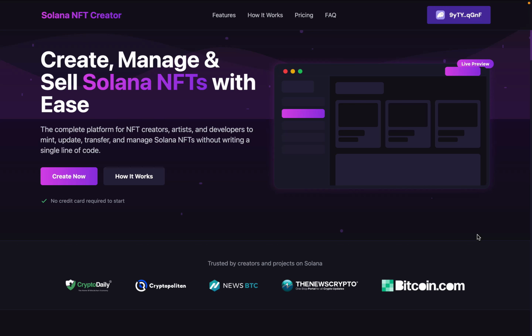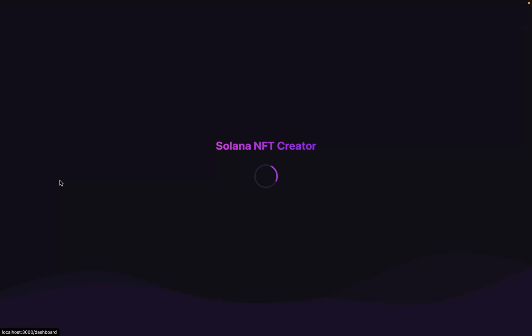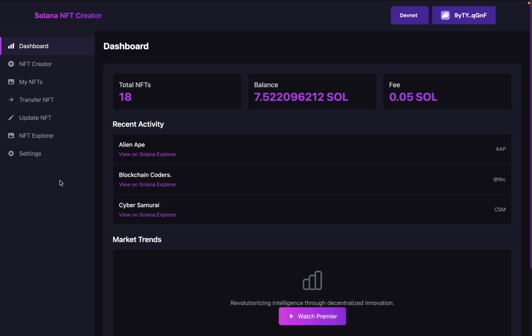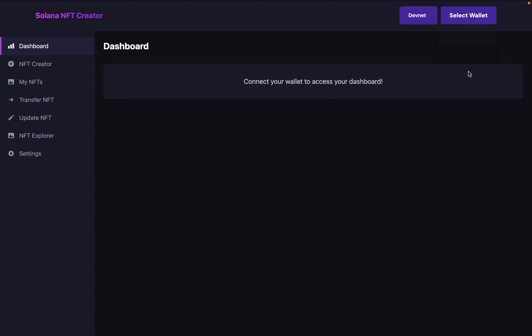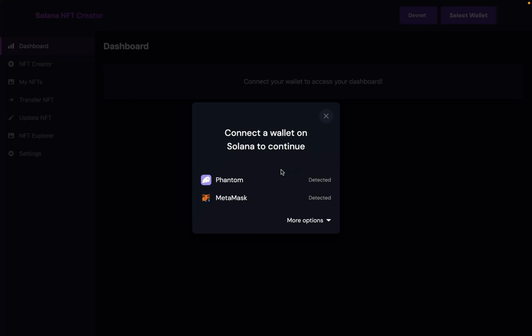Once the user connects their wallet, they will get this particular option. Click on this create now, and it will take us back to the dashboard. And here we have the complete dashboard where the user can interact and perform all the transactions. On the left hand side, we have all the features which we are providing in our application. On the top bar, we have the logo. From here, the user can toggle between mainnet and devnet. Obviously, I'm doing all the transactions on the devnet, but the user can do the transactions on the mainnet as well. We have the button, so we can simply disconnect, and we can simply click on this connect, and